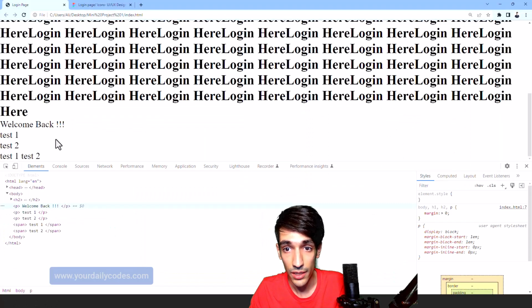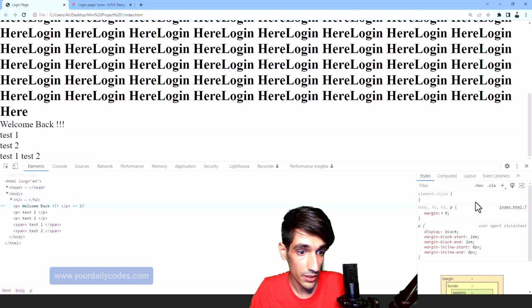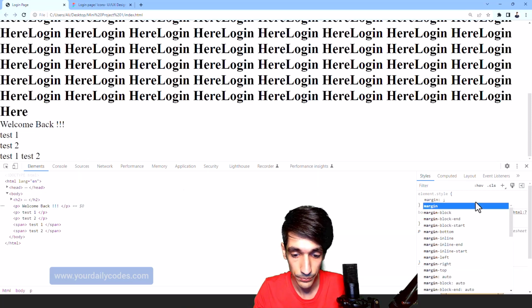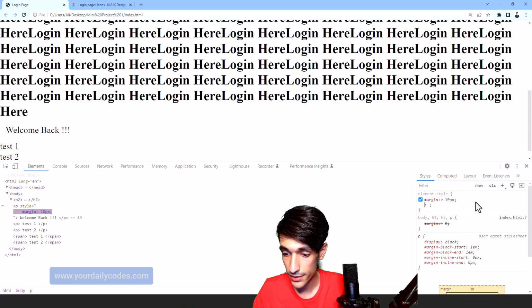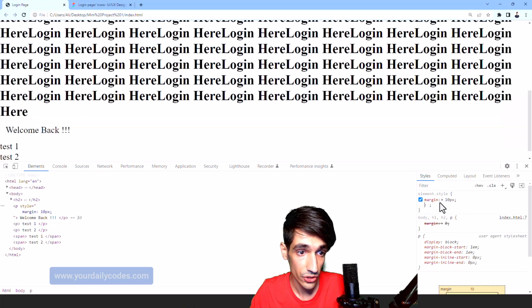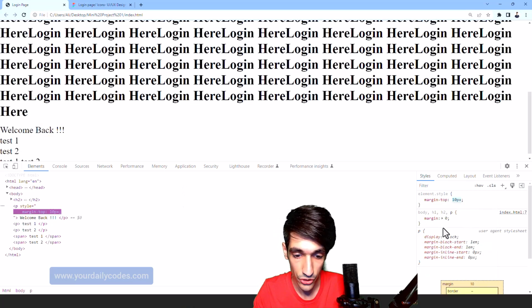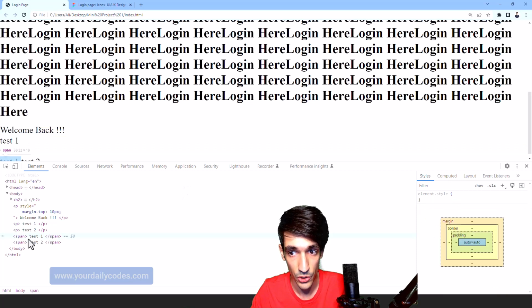For example, let's take a look at these codes. When I right click here, inspect element, this is a p tag. When we say margin, for example margin 10 pixel, the margin will be applied in all directions, as you can see. But if I say margin top, the margin will only be applied from the top.